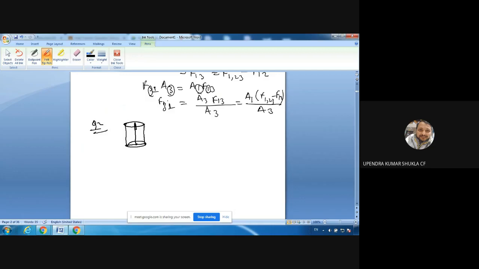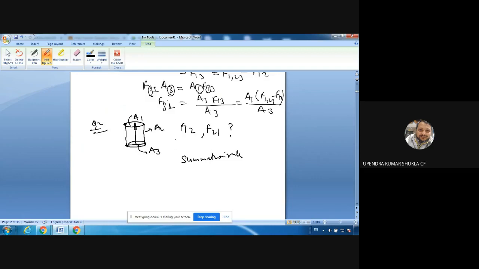The top surface, let's say the area is A1, and the circumferential surface, let's say the area is A2, and the bottom surface, let's say the area is A3. Now for these three surfaces, you need to find the view factors F12 and F21. You have been asked to find these. Now how to get these? Now you must use the summation rule first. So see, in the problem, you need to use the summation rule.